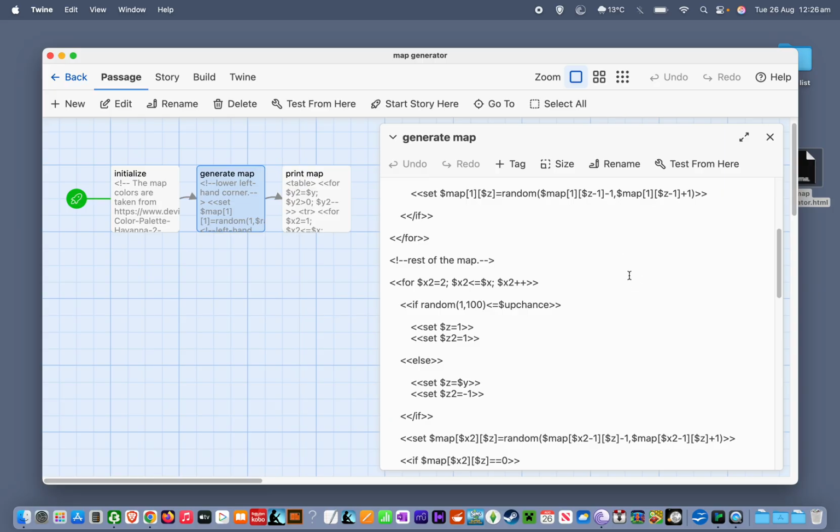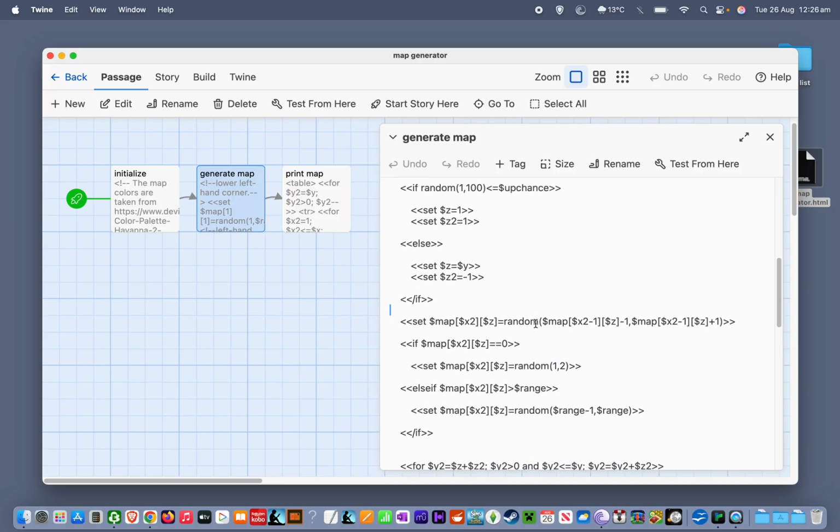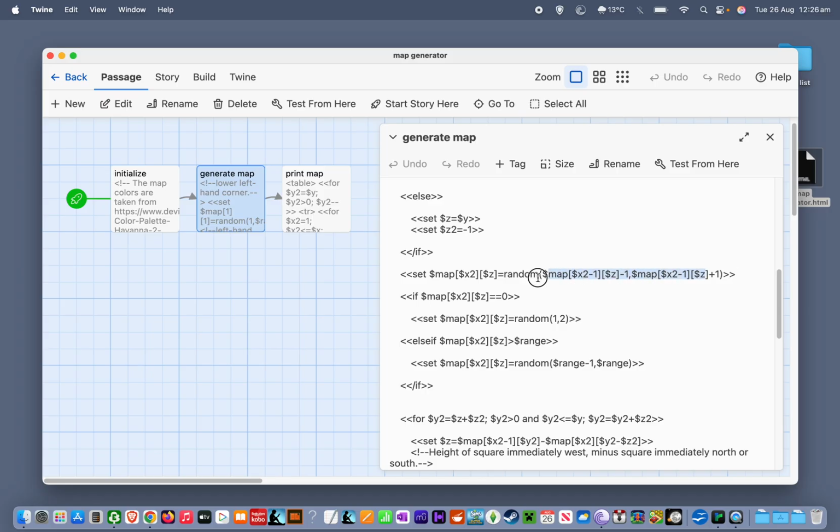Because if we tried to use the one to the south, we'd get a square we hadn't generated yet. So that wouldn't make any sense. So we had this initial line where we subtracted the difference between the square to the west and the square to the